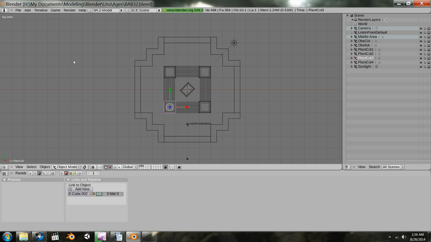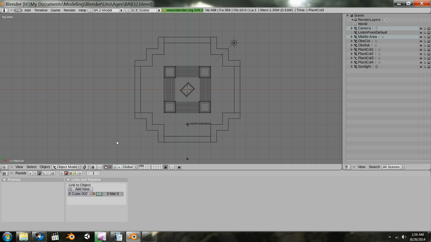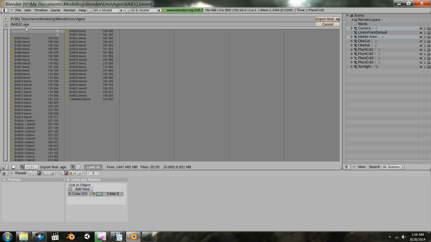Yes, I think this is correct. I don't think I've done anything to it. Pressing A, everything is there. File, you've already seen this done. Export, PYPRP, general release age. Now, if I did my job,